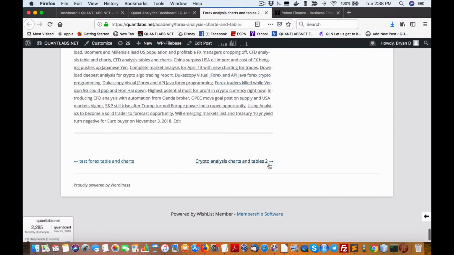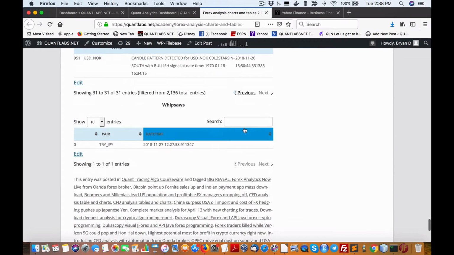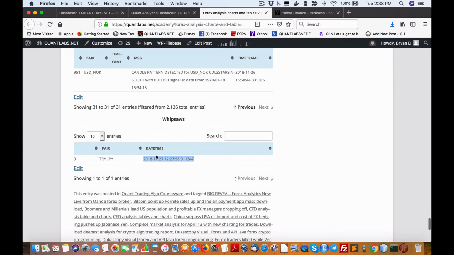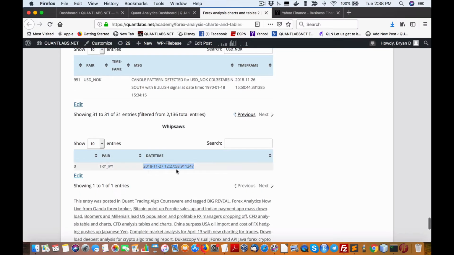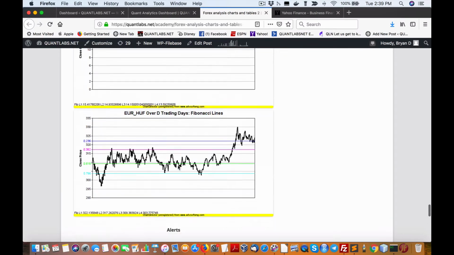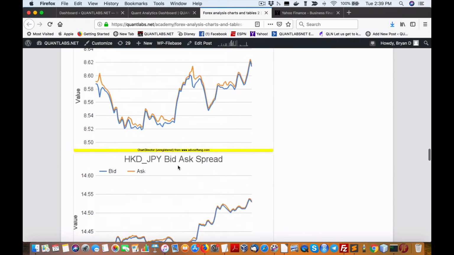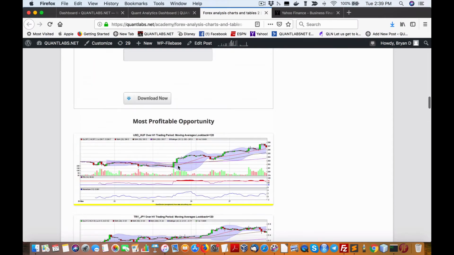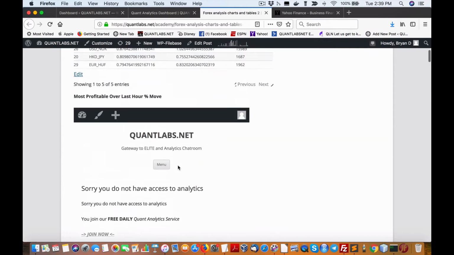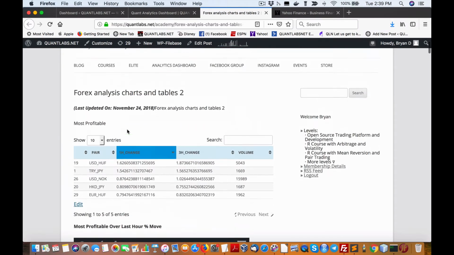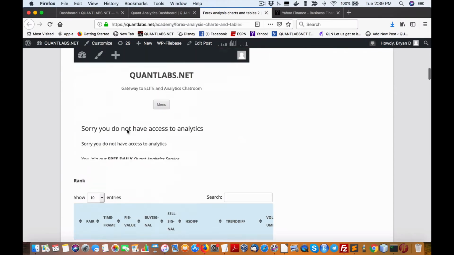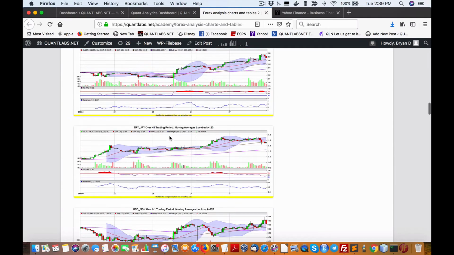For an absolute killer opportunity, if I type in, oh, here's our whipsaws. So the only whipsaw we have over the last 6 hours, 2 hours ago, was the TRY Japan Yen. So we have that, and that's good because that means things are super volatile. But the other ones may be good enough for putting on positions because they're not so volatile on the downside. So when you factor in these charts,